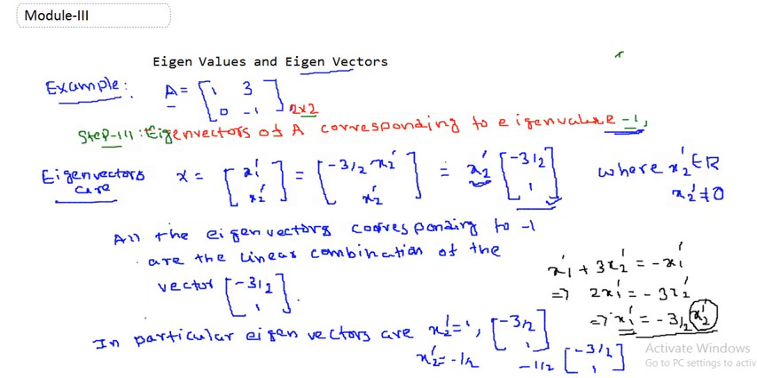My battery is running out of charge, so I have to end this video here. In this way we find the eigenvectors of a given matrix. In my next video we will take more examples and talk about eigenvectors and eigenvalues, and if we have time we will talk about the